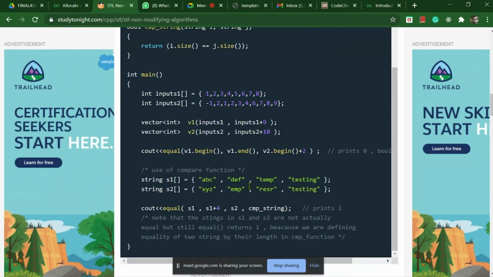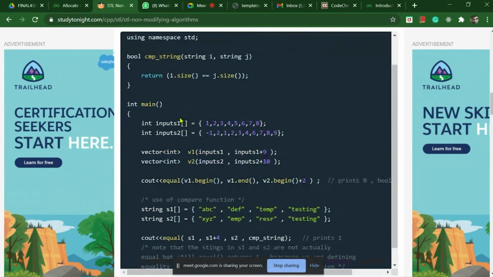So here we are comparing two arrays. You can see that equal requires three parameters. The first is the starting iterator of the range in which we want to compare the values, and v1.end, which is the ending iterator that shows the range of our input array.